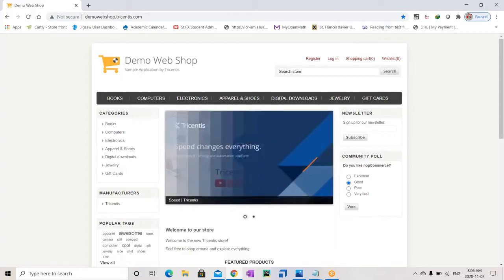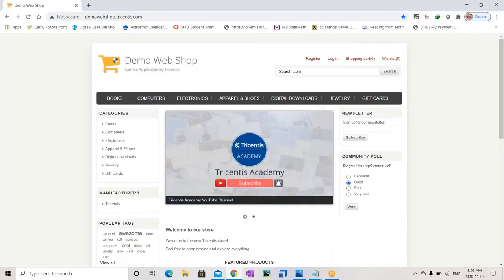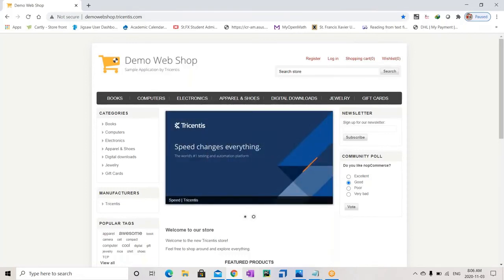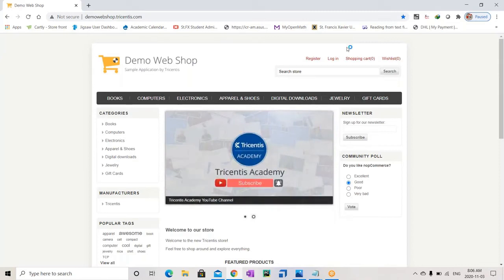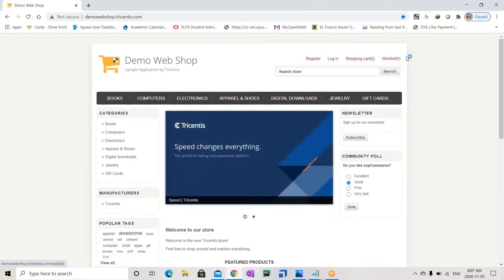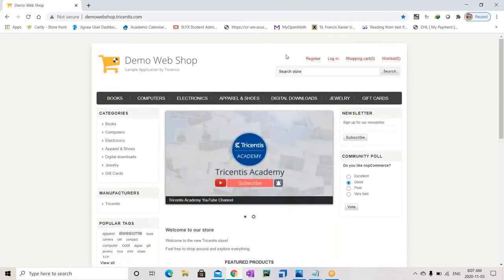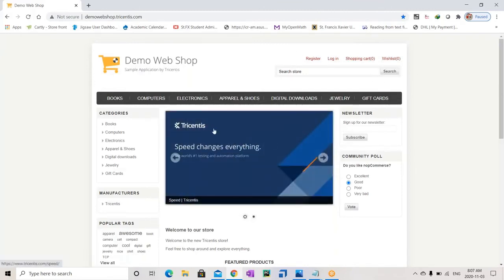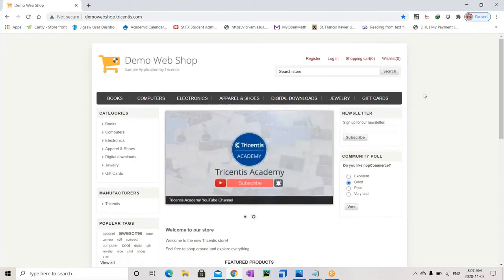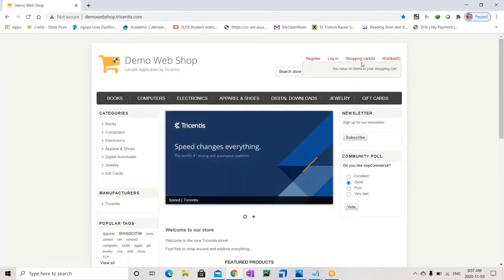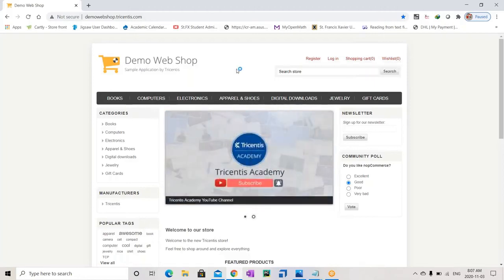Every web page will have a DOM structure. DOM structure tells us how these controls are placed in proper order. Suppose I am placing my register, login, shopping cart, and wish list hyperlinks at the top of the web page. Some people may like it, some people may think they can place them over this right hand side corner, or over here. They can place these buttons anywhere, but where you have to place it and which hierarchy you want to follow, everything can be defined in your DOM structure.